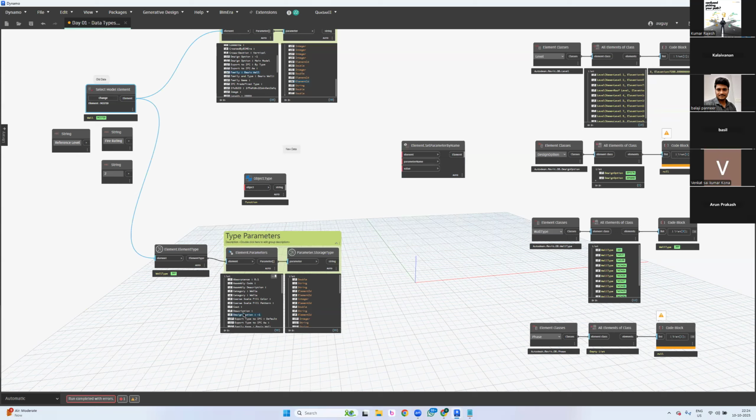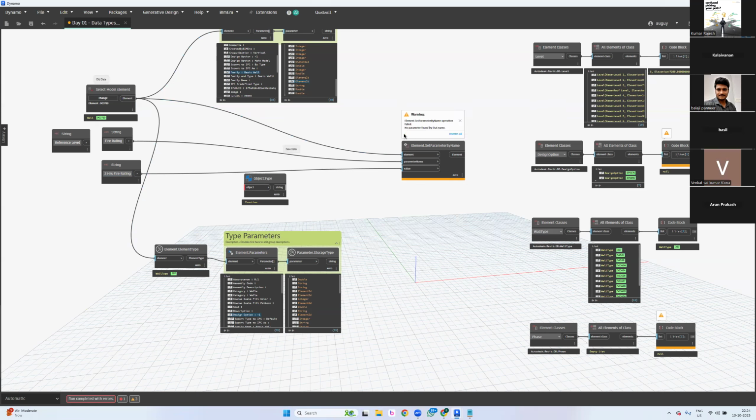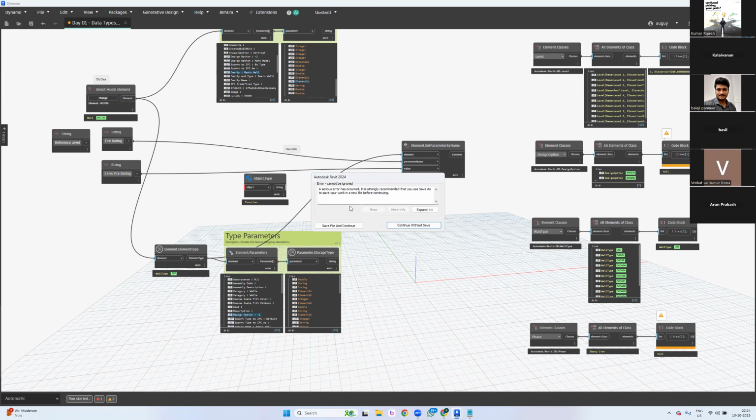Is it clear, bro? So if I want to set, like, 2 hours fire rating, how do I do it when it says no parameter found by that name? There is a parameter, but it is not an element parameter. It is an element type parameter. So I have to take from here and connect this to this. Now,